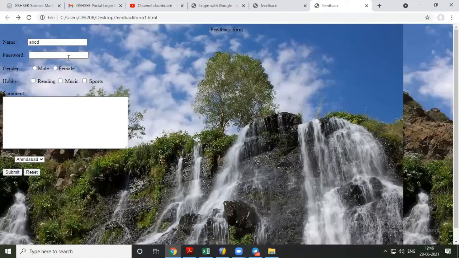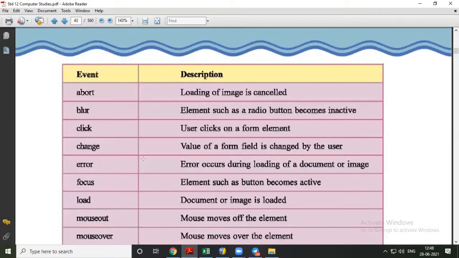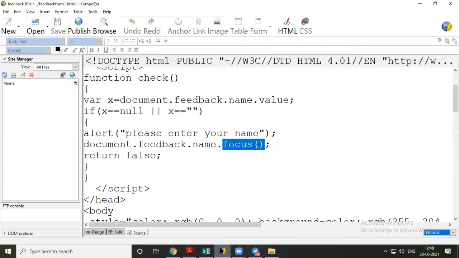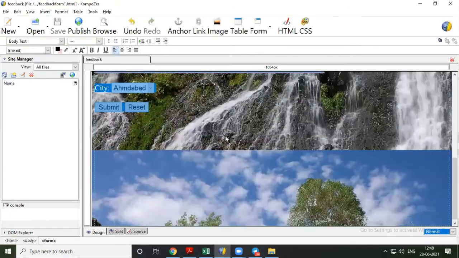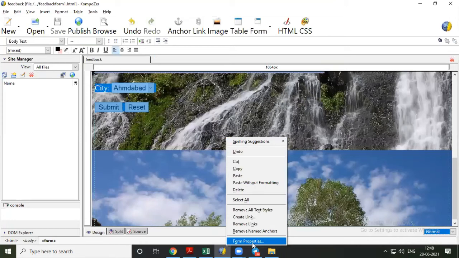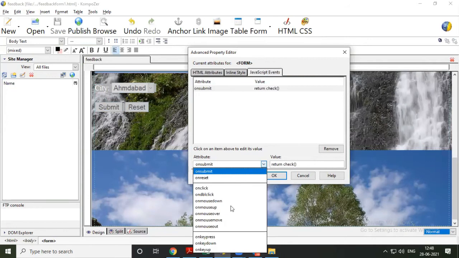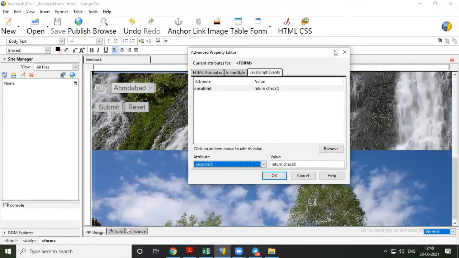Now in the same way, there are events like abort. Where do you see these events? Right click, form properties, advanced edit, JavaScript event, and then these are the events.